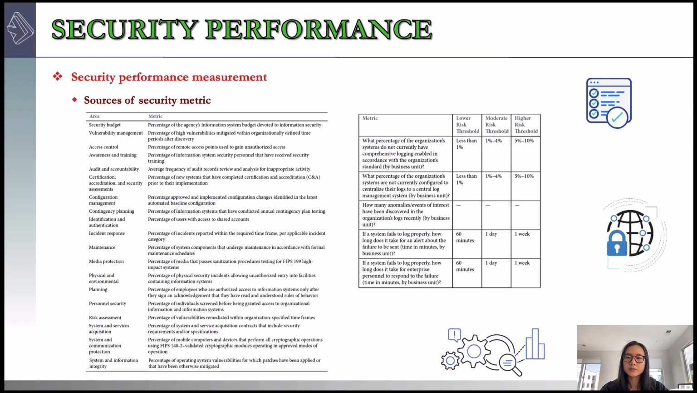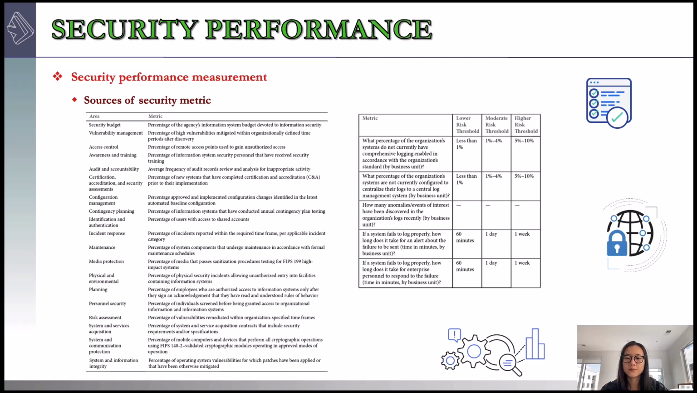Each metric includes a set of 3 risk threshold values. These risk threshold values reflect the consensus of experienced practitioners and offer a way for organizations to consider and choose metrics in the context of their own security improvement programs. For example, the table here on the slide shows the metrics defined for the maintenance, monitoring, and analysis of audit